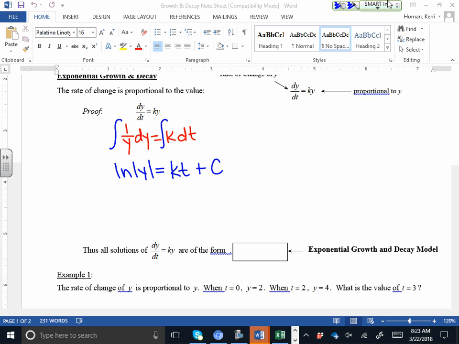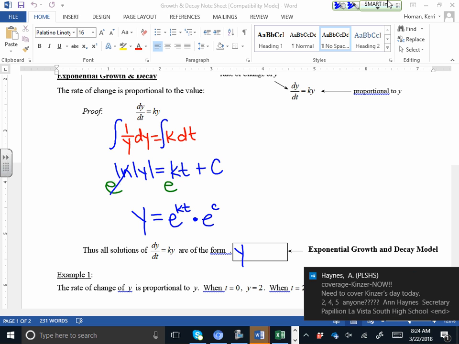So now to solve for y, those are going to cancel. And since we're taking e to a power, we know y is always going to be positive. No need for the absolute value anymore. y equals e to the kt times e to the c. All right, we can break it up like that. And we know e to the c is still a constant, so y equals